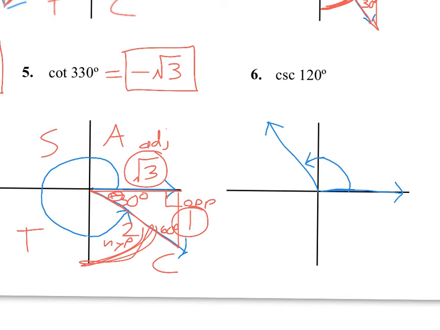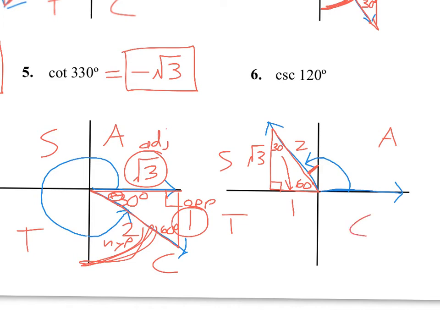Drawing the triangle. So this was 30, so this has to be 60. There's a 30 up here and the right angle. Across from the 30 is where you put the 1. Across from the 60 is rad 3, and the hypotenuse is 2. Alright,